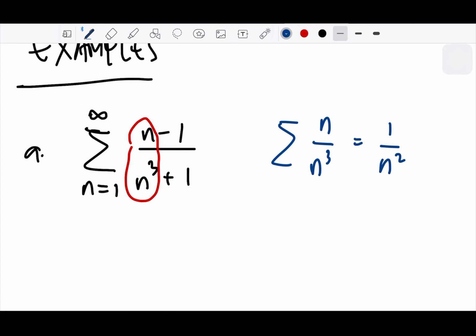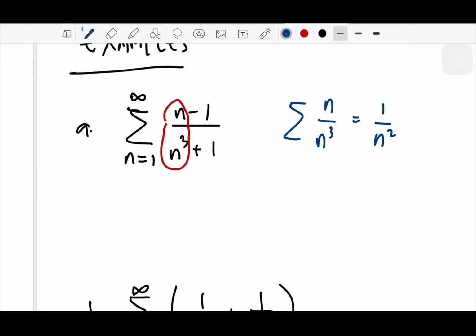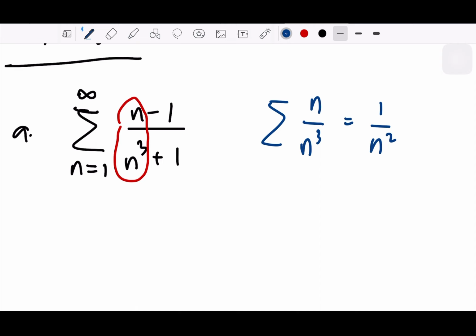Okay, perhaps we can try comparison. Okay, we can try the comparison. So we can try comparison and look at how the n minus 1 over n cubed plus 1